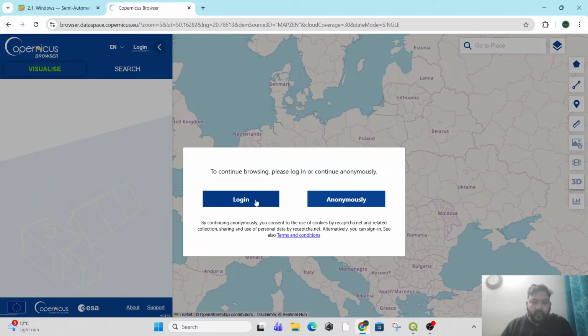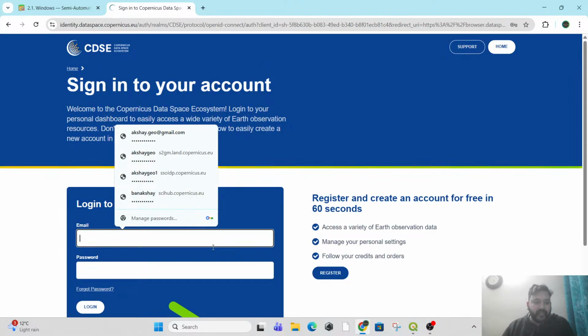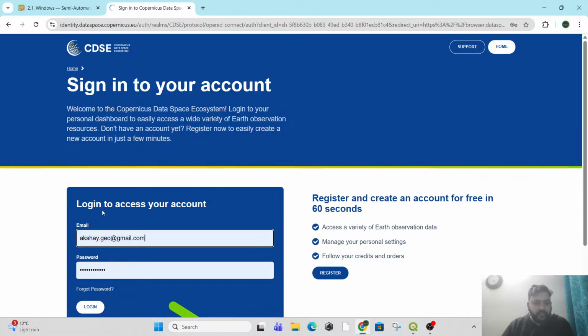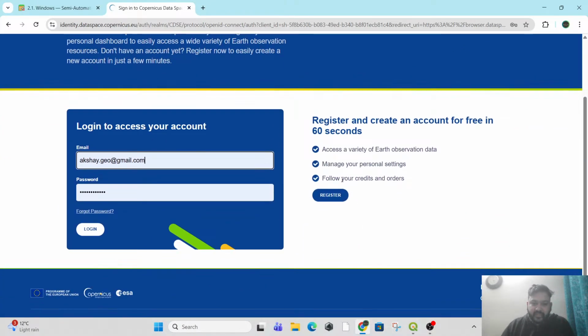You have to click on the login. Without login, you cannot actually download the data. So just log in with your credentials. If you don't have the credentials of Copernicus hub, you can register and it is very easy to create an account. Okay, so simply create your account and you can download the data. So after logging in,